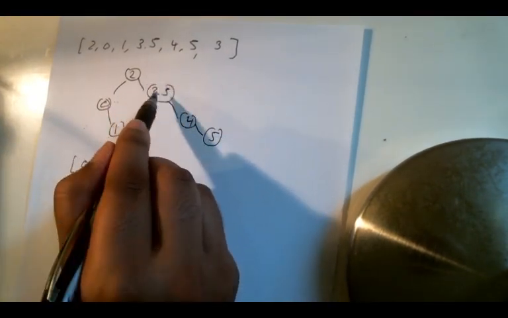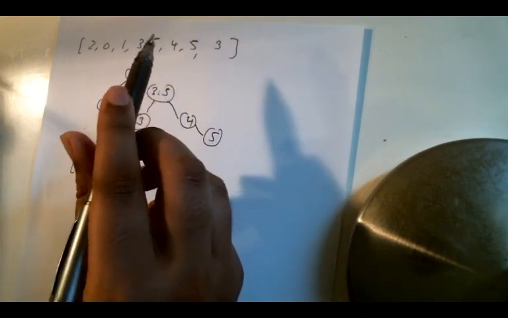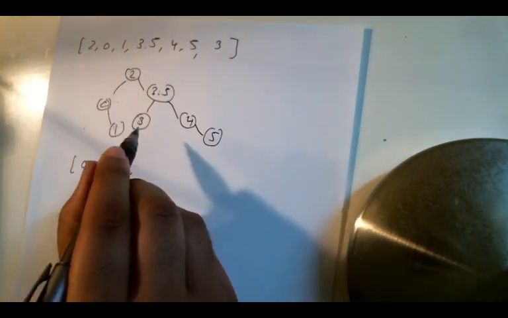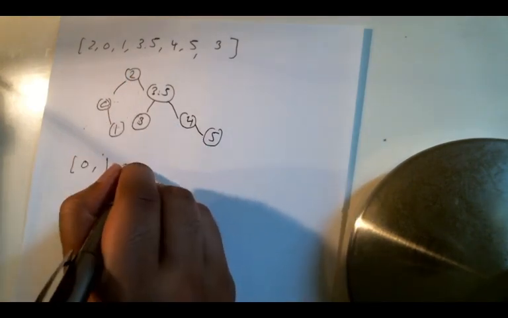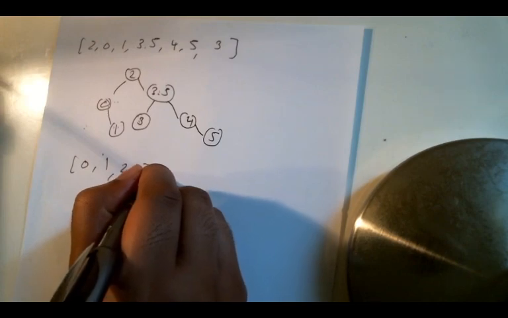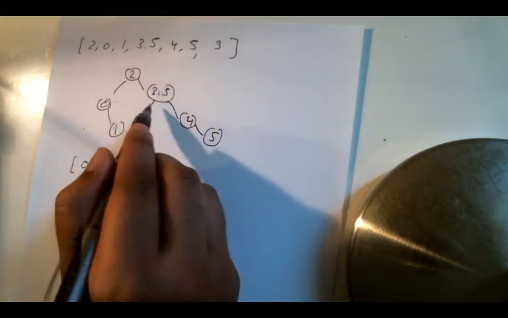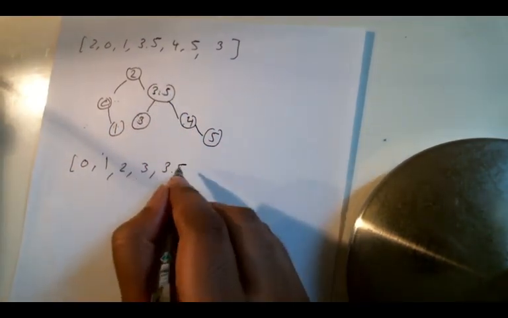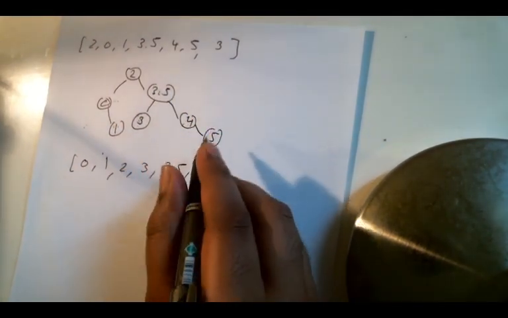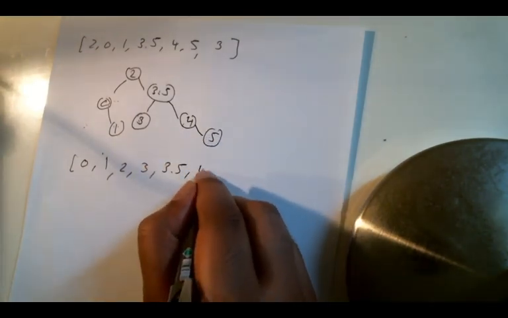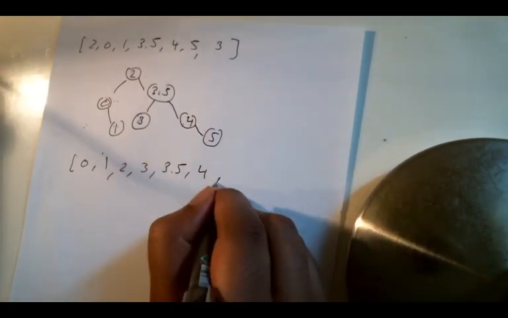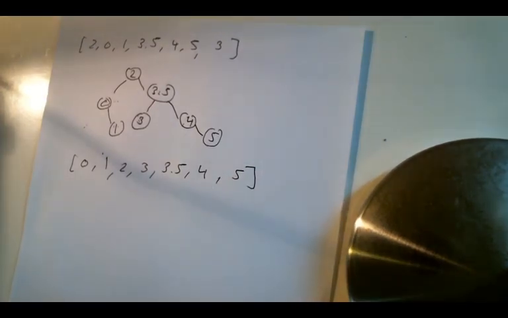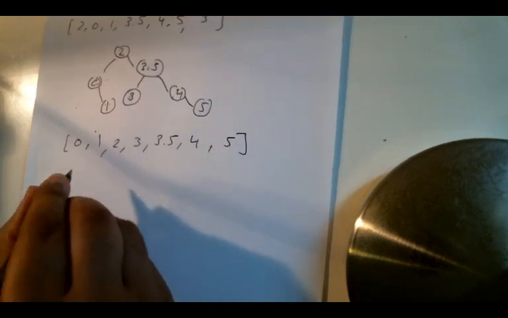Now 3.5, we go to its left subtree, right? Because we got to a node, we go to its left subtree first. 3 does not have a left subtree, so we write it down. It doesn't have a right subtree, so we go up. 3.5, we write it down because we visited its left subtree. Then we go all the way to 4. We write it down because it doesn't have a left subtree, and we write down 5 because it doesn't have a left subtree. So we notice that what merge sort is,